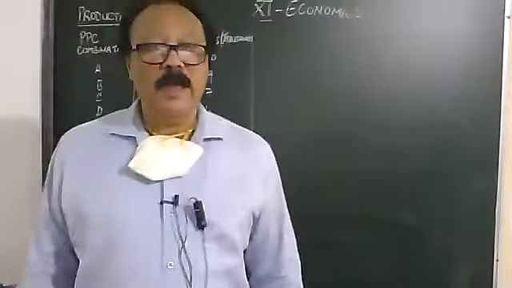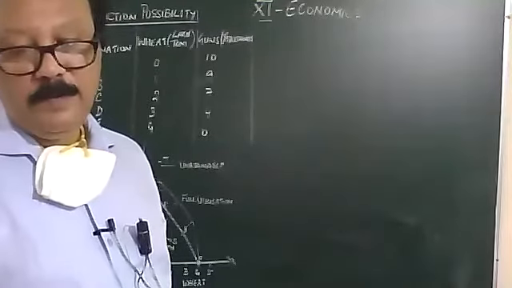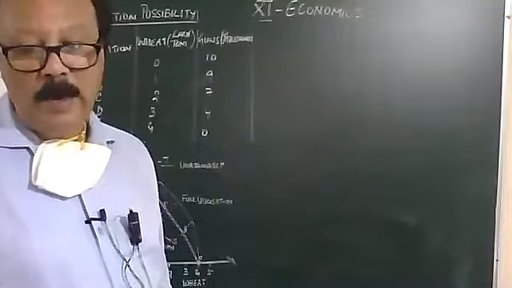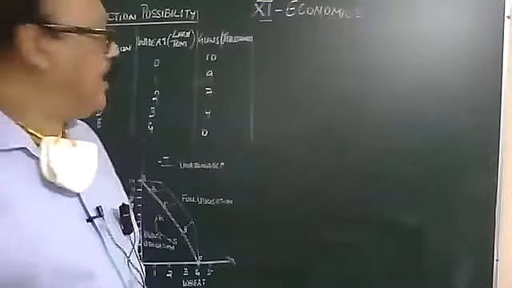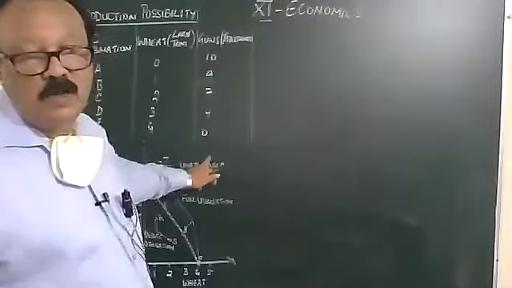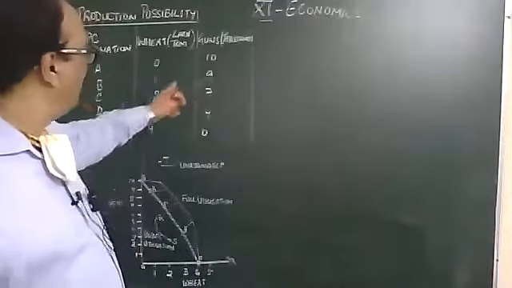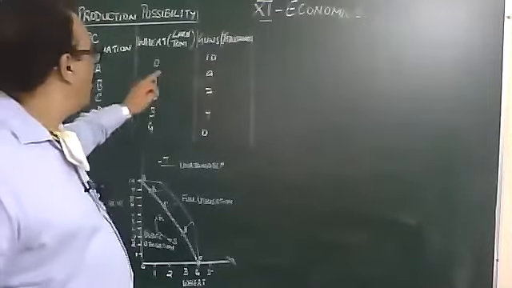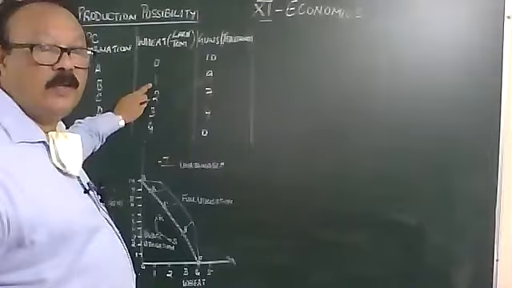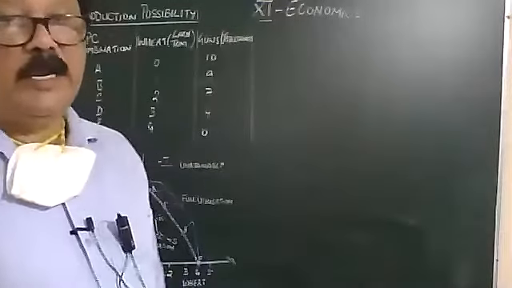When the nation's resources are fully employed and none is left unemployed, then more of one good can be produced only by taking away the resources from the production of the other good. You can see it happen. We are taking away the production resources from the production of the other good, to increase the next good. This is the first. Second, this is the indication on points.